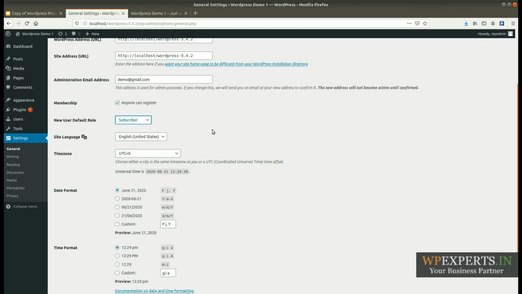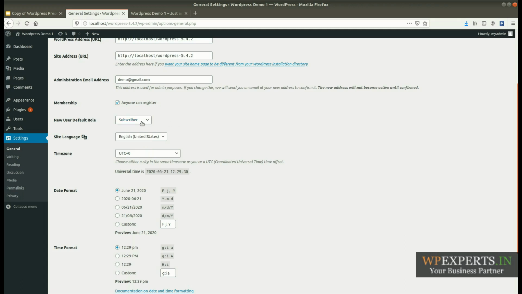Here you can manage your new user default role by selecting a drop-down value. By default WordPress sets the default role to subscriber, so if anyone registers on your website via the login screen, it will automatically be saved into the database as a subscriber.